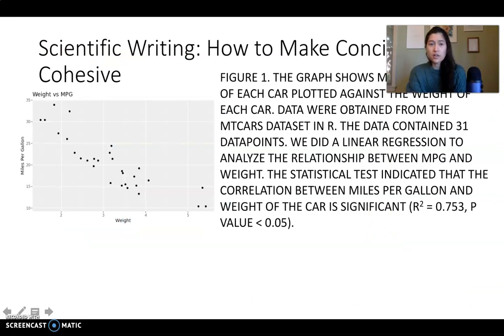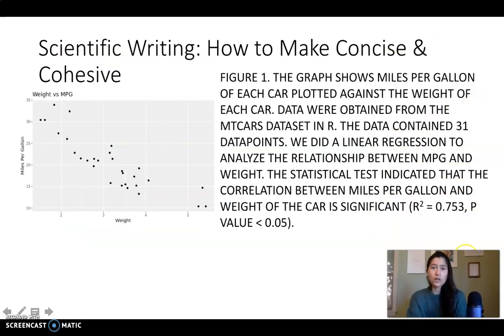Another question that several of you asked was how to make your writing more concise and cohesive, how to make it flow better. First of all, I think this is something that just comes with practice. The more you do it, the easier it gets. So this is an example that I pulled from the lecture module where I gave you the weight versus MPG scatter plot that we created back in week 5, and then I asked you to write a figure caption for it. So I have a figure caption here listed that has all the information it needs, but it maybe could